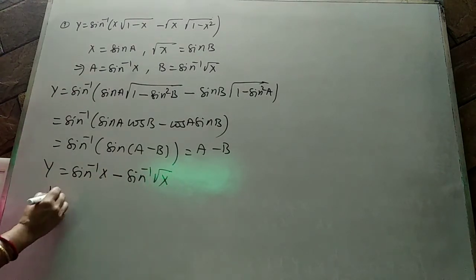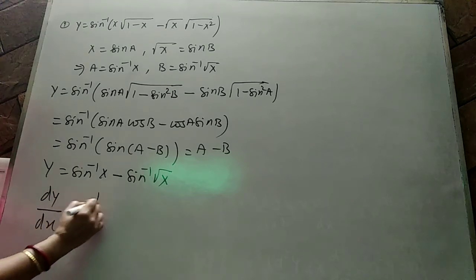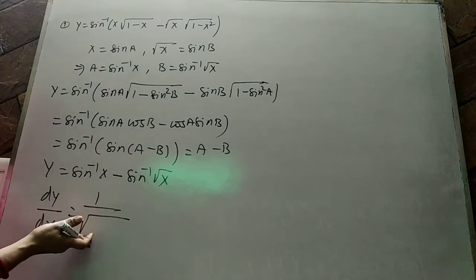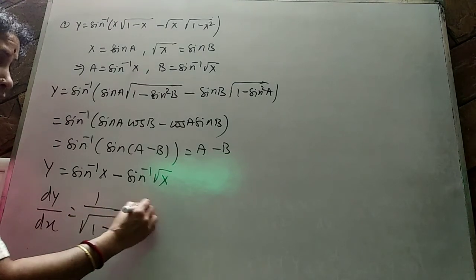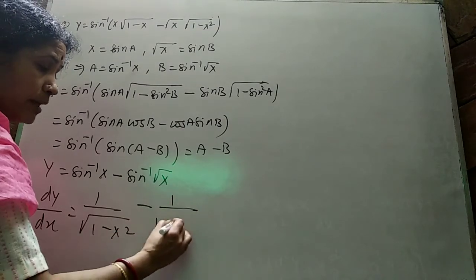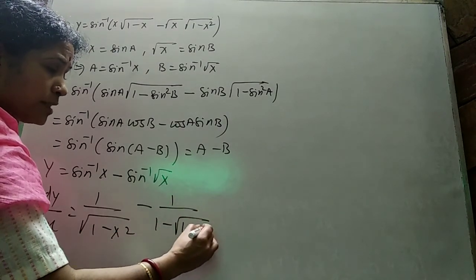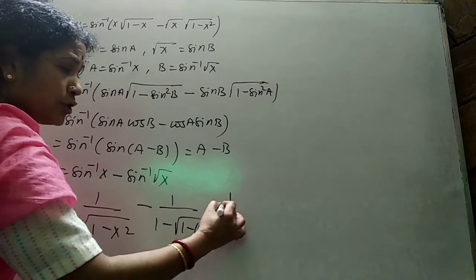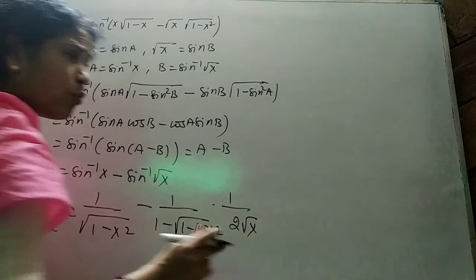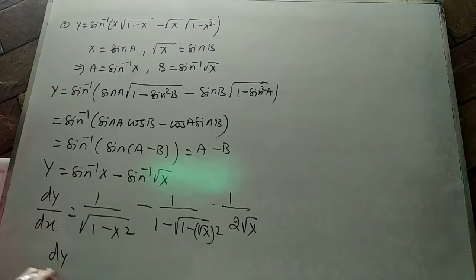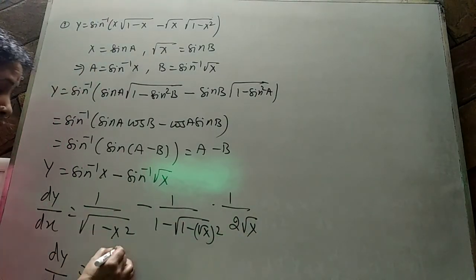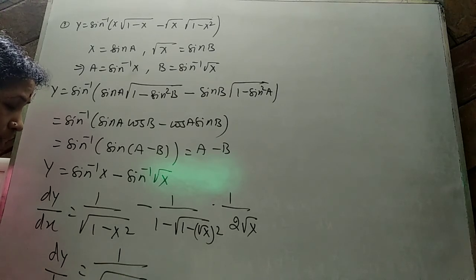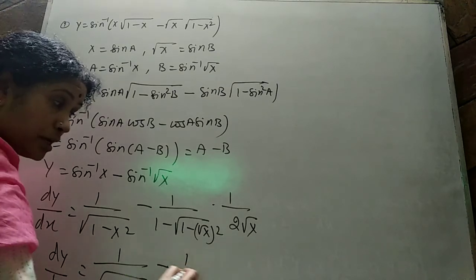नाउ वी नीड डिफरेंशिएशन dy by dx। ये प्रूव दैट रिजल्ट में भी आता है बेटा। अब डिफरेंशिएशन यूज कर रही हूँ, 1 माइनस x स्क्वायर माइनस साइन इनवर्स रूट x, 1 माइनस अंडर रूट ऑफ 1 माइनस रूट x का होल स्क्वायर इनटू डिफरेंशिएशन ऑफ रूट x, 1 by 2 रूट x। बहुत ध्यान से करने पड़ेगा। सो द फाइनल आंसर dy by dx is equal to 1 upon अंडर रूट ऑफ 1 माइनस x स्क्वायर। मैंने बोला ये प्रूव दैट रिजल्ट में आता है।